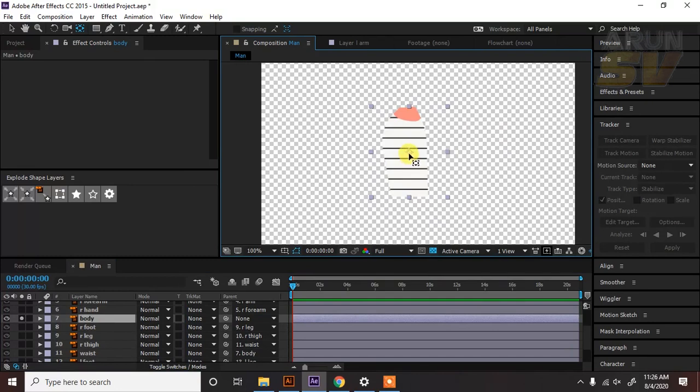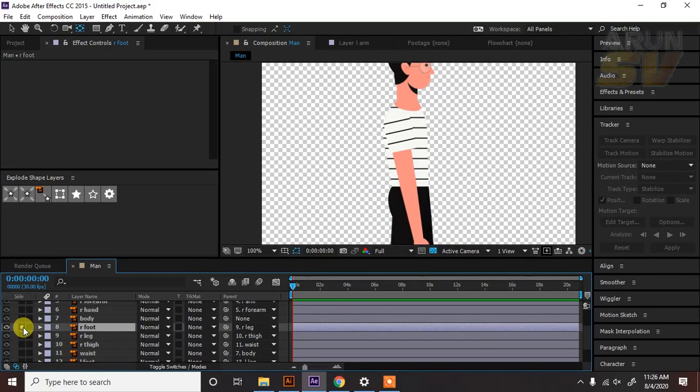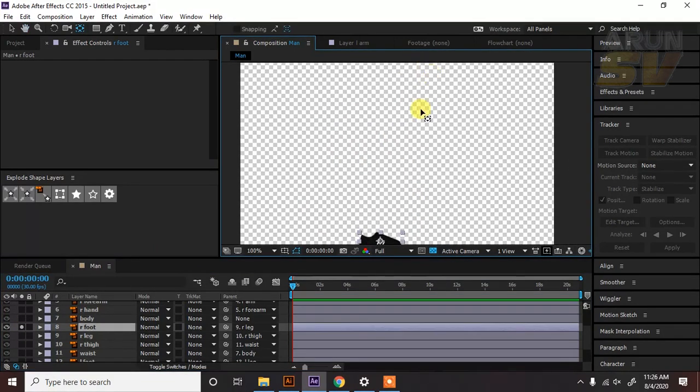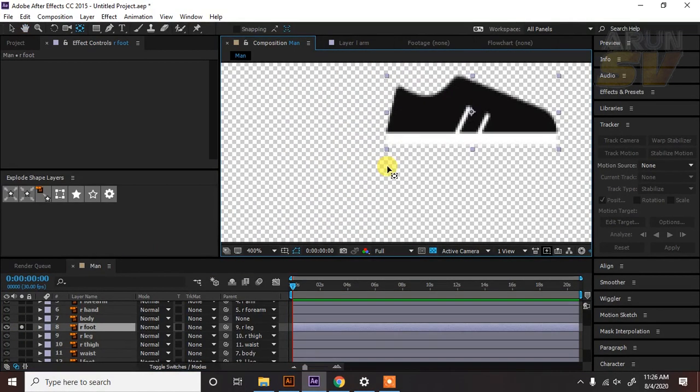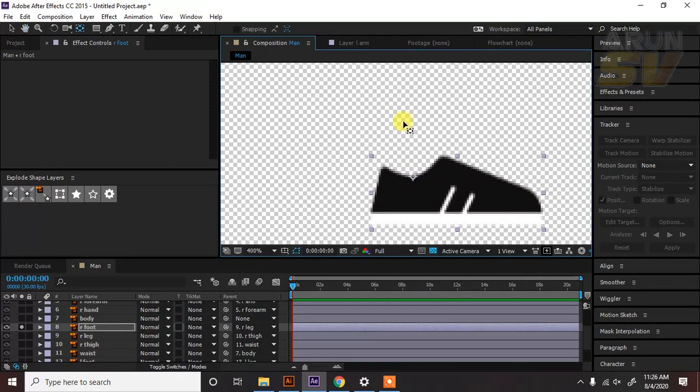In the body, place it under the chest at the stomach. Then right foot, place it on this joint because the knee bone joins at this location.